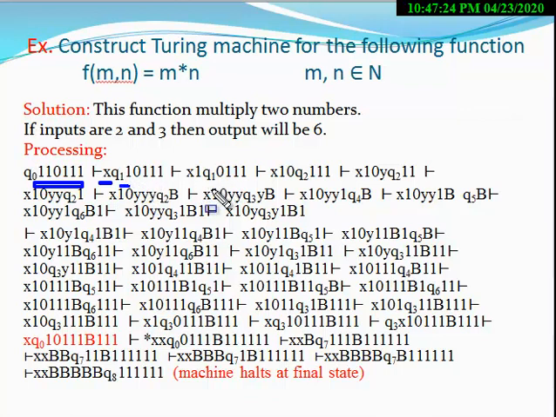So at the state Q1, when 0 appears, machine move in the right direction and also change its state. When after 0, 1 appears, machine remove 1 by Y. So here remove 1 by Y. So at the state Q2, 1 appear, 1 is removed by Y. Again 1 removed, again 1 meet here, again remove 1 by Y. Right here, again 1 appear, therefore again machine remove 1 by Y.